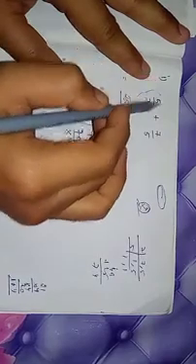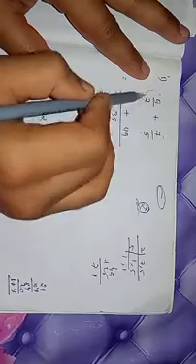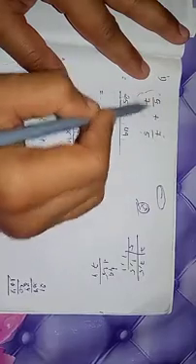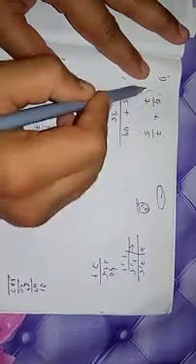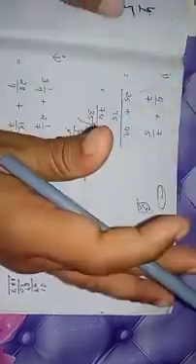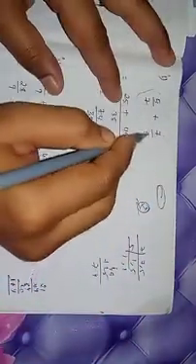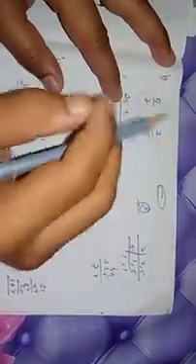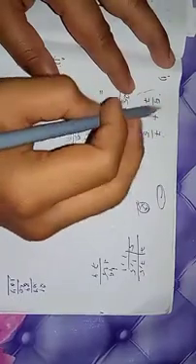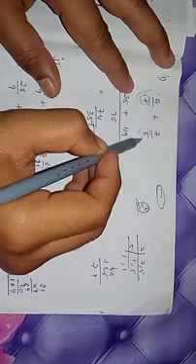I, you have two fractions, 5 by 7 plus 7 by 5. Both of these fractions have different denominators, and I told you in the last class that if the denominators are the same, then the problem is a piece of cake. But if the denominators are different, then you have to do something. And what is that? First and foremost, you have to find the LCM of these two denominators.